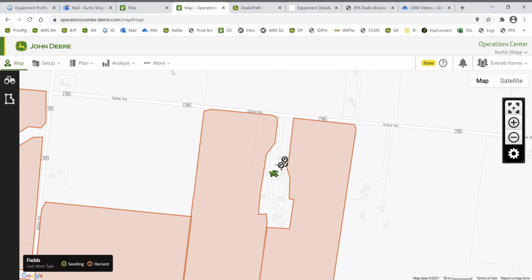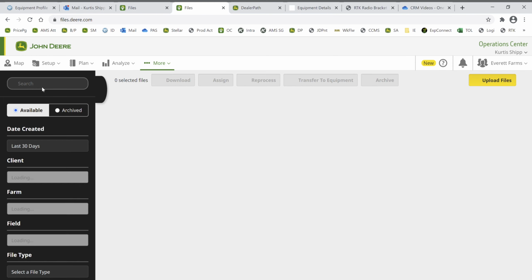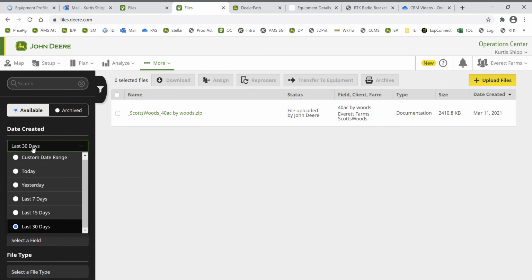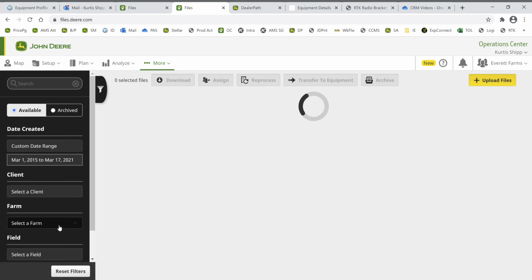In Operations Center, to download old files, select More, select Files, select your date range, custom date range, select a starting point, select an ending point for the files you would like to view,